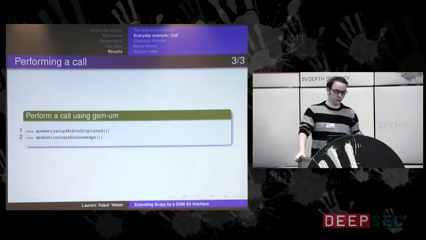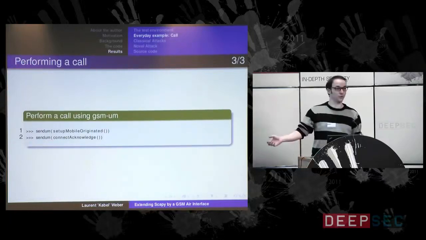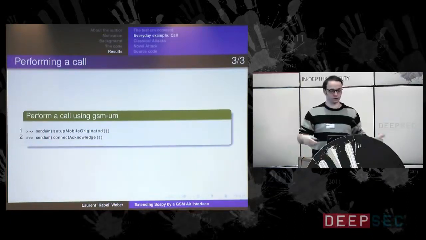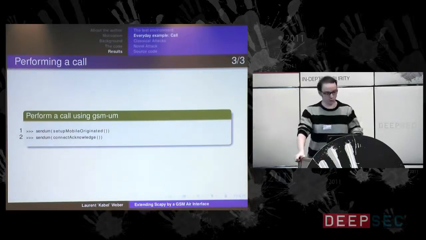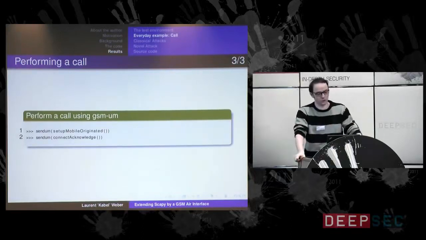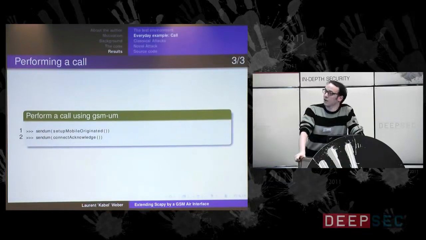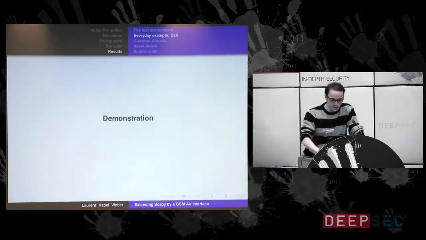And you don't even have to set any field, because the default values are matching perfectly, and you don't have to take care of anything. The test call function, when you set it up, you have to give an IMSI, so the hardware knows to which phone it's talking. So in the call control you don't have to specify any more than this.